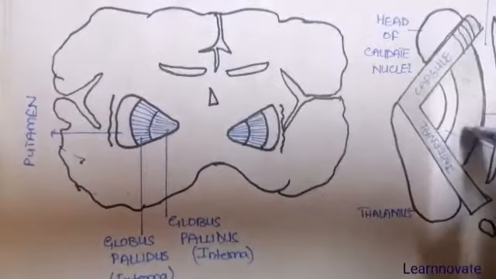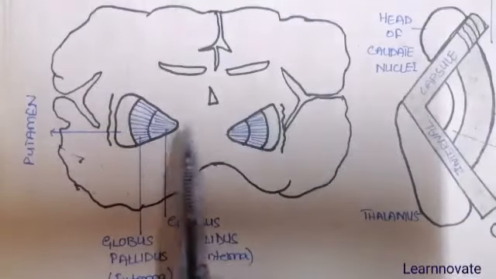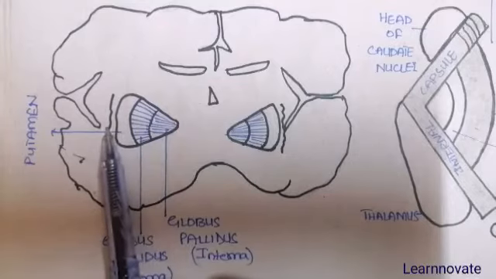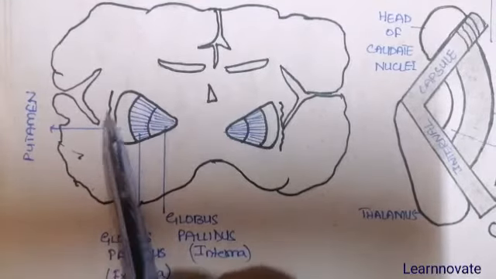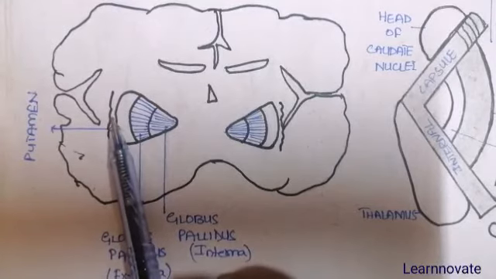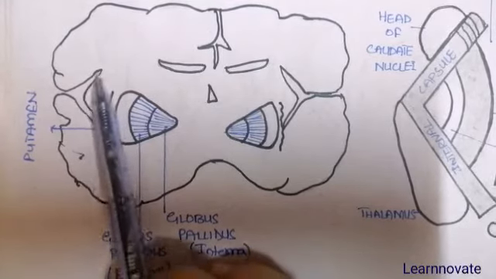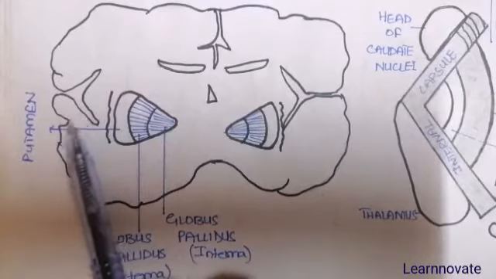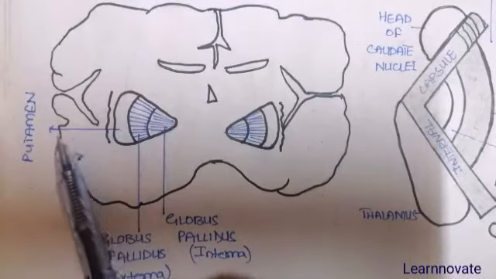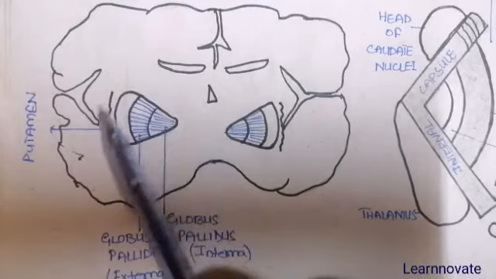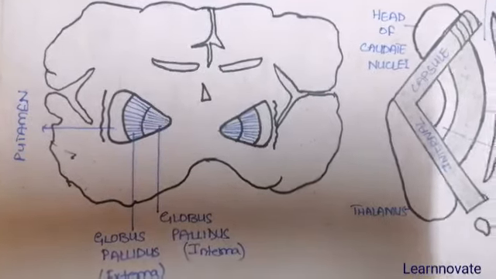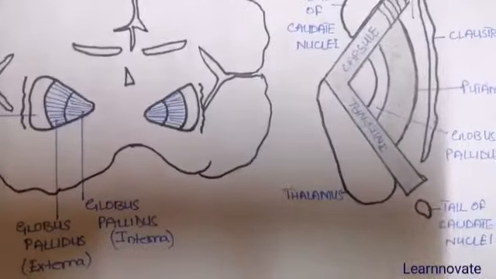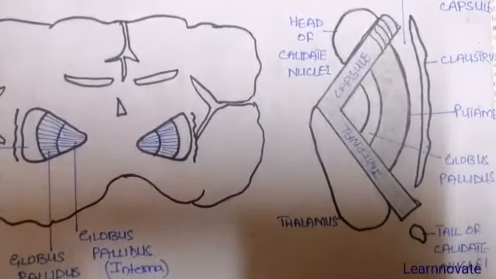We are going to see this in a detailed diagram. But here, in the general concept, lateral to the putamen we can see one more thing. This is grey matter again, and it is called the claustrum. Then outer to the claustrum is the insula, which is the deepened fissure of the cerebral hemisphere. Now if we zoom out or detail this diagram, what can we see? In the next part of the video we'll continue from this.